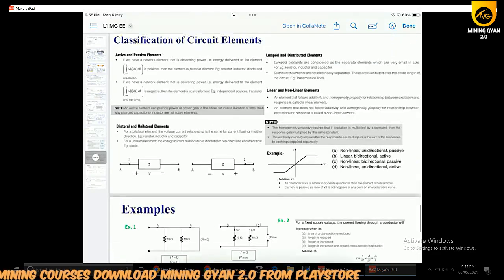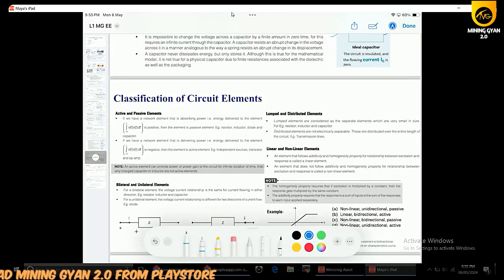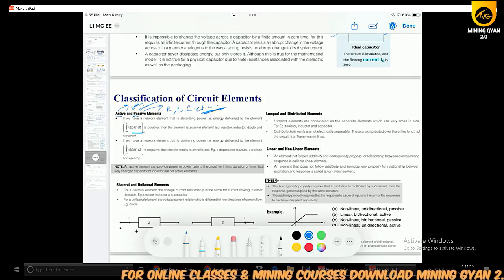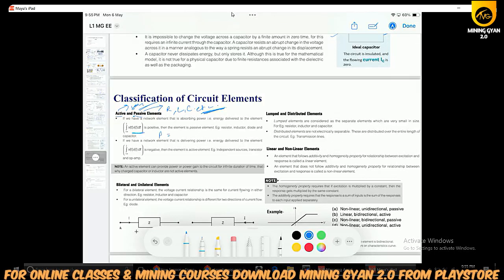and then you can read these points. And yes, let me complete these things. The classification of circuit elements. You already know about the active and passive elements. Active elements will be sources, but in case of passive elements, R, L, C, and other things will be there that cannot generate electrical form of energy. But in case of source or active elements that can provide or that can deliver the power, and hence you can calculate the power consumed by a particular element, and then you can decide whether it is an active element or a passive element.